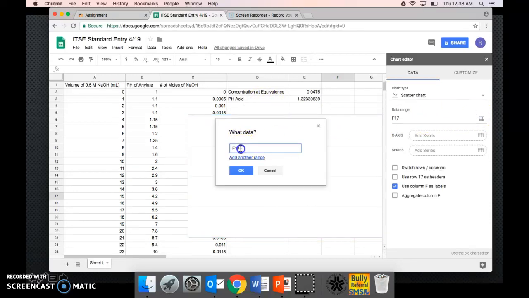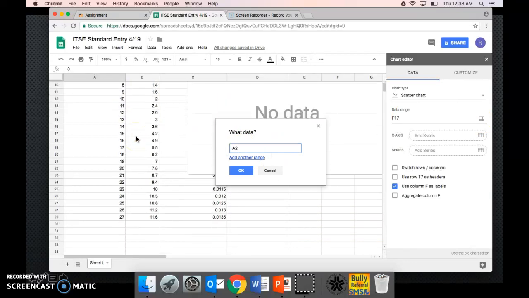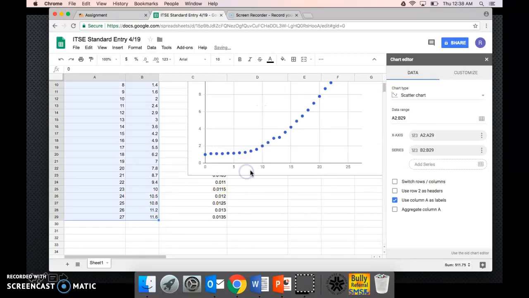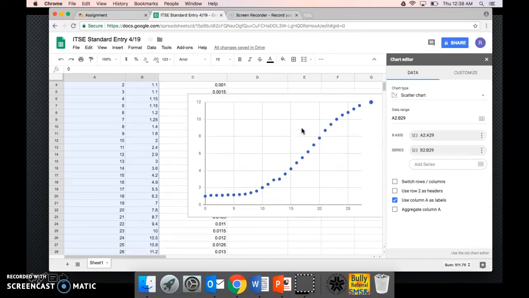And so what we'll do is we will select the range that we would like the data in. So we'll start there and we'll go down to this set of data. We'll click OK. And as you can see, this prints us a nice, pretty titration curve. And so students will be able to look and say, okay, the equivalence point should be right in the middle of the graph. And so they'll see that right here at 7, and they'll go over and they'll be able to find that the